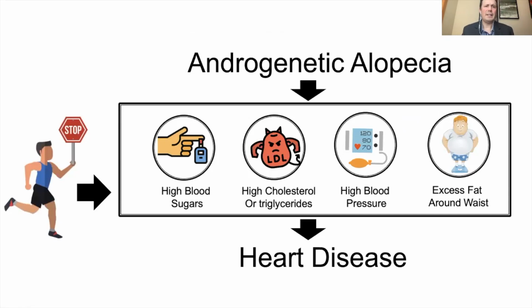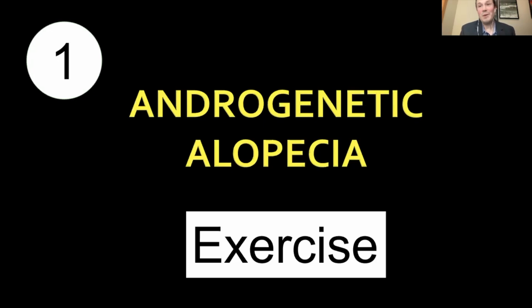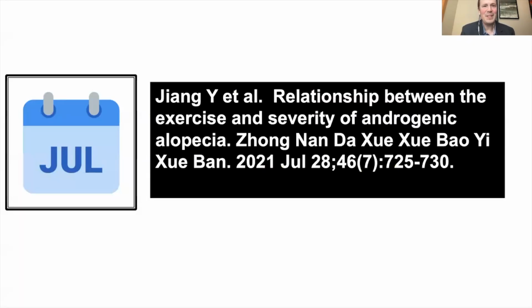We know that exercise and other factors like diet really can reduce our chances of metabolic syndrome. That's pretty clear. Well, wouldn't it be great if exercise could somehow affect androgenetic alopecia? And so one of the studies I'll review with you today, our first study, looks at the role of exercise in androgenetic alopecia. So Zhong and colleagues, this is a study from China, looked at that very question: does exercise